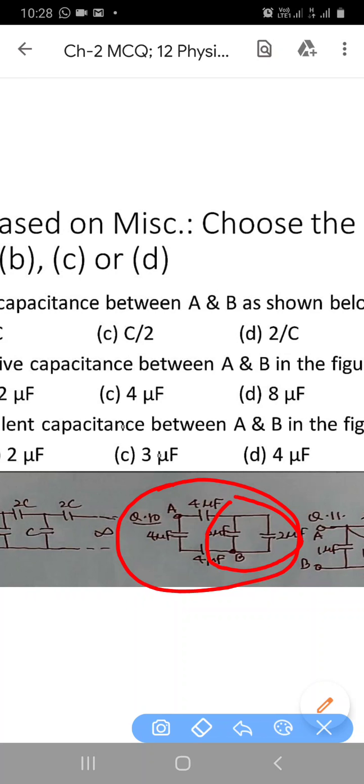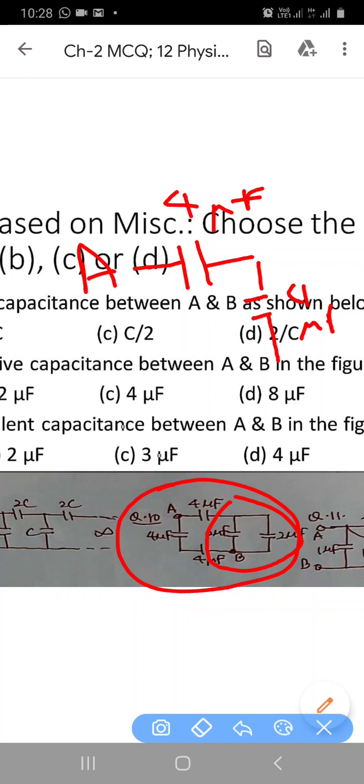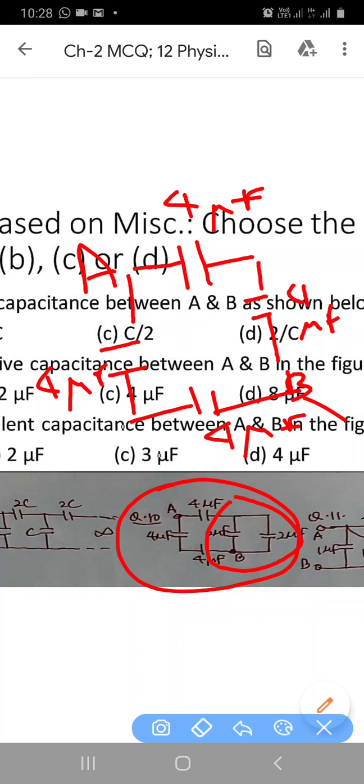So, now the circuit will be A, 4 microfarad, here also 4 microfarad, 2 and 2 in parallel, and here is point B. Here is 4 microfarad and this one is 4 microfarad. So, you see here between A and B, 4 and 4 in series, so 2 microfarad,